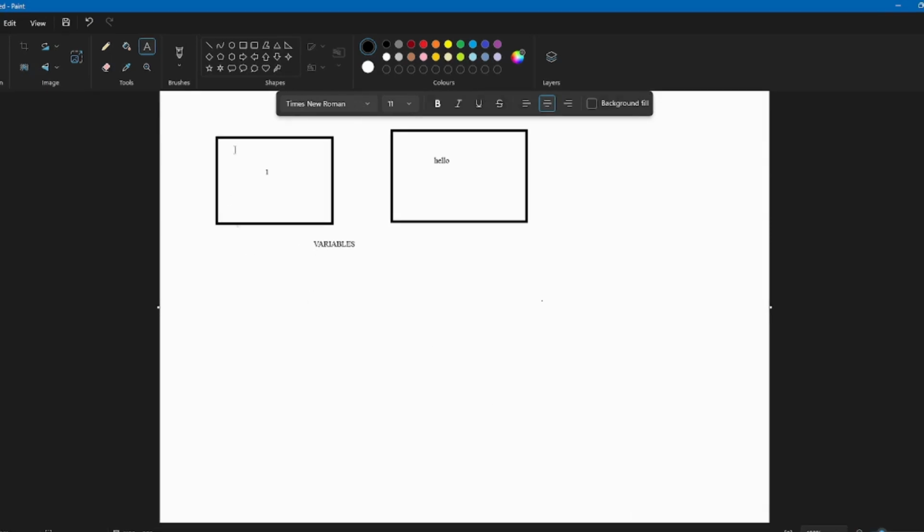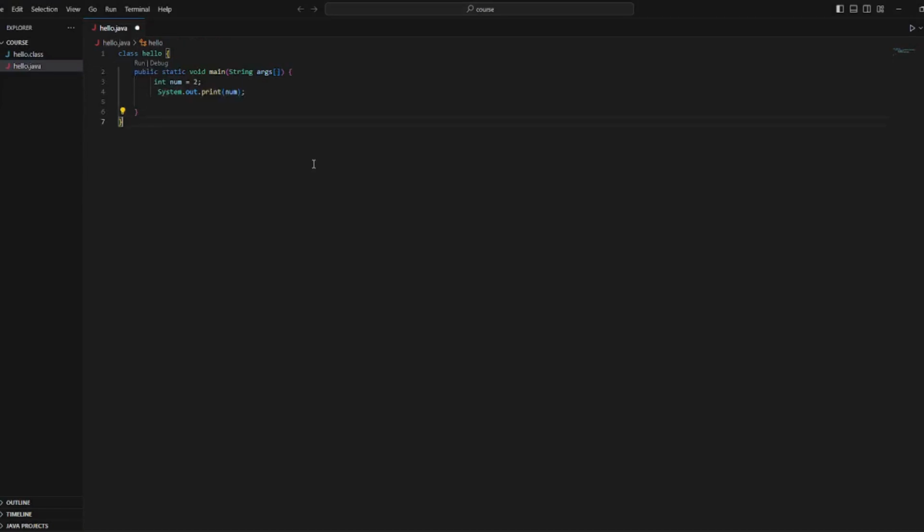Okay, now let's implement this very same concept in our Java programming language. Here in the same Java program, we had printed hello world. I have removed it, and here I have created a variable called num, and I've given it the value 2.